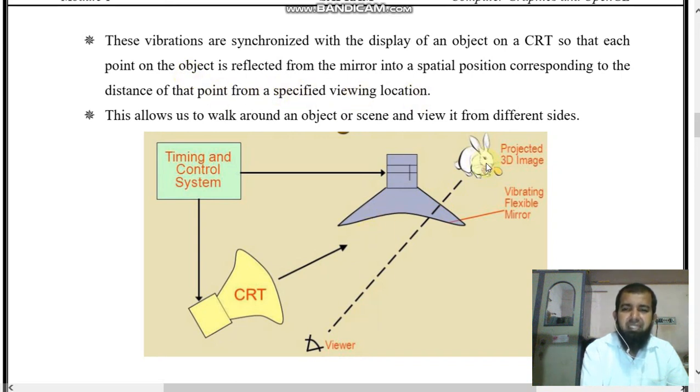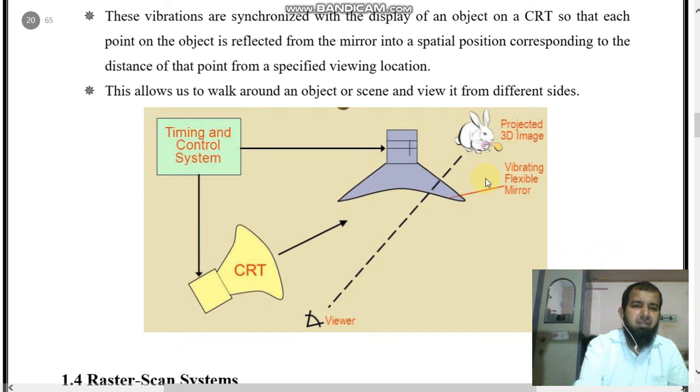So you can view from all locations: front, back, top, bottom. This allows us to walk around an object or scene and view it from different sides: left side, right side, top, bottom. From all sides you can view.